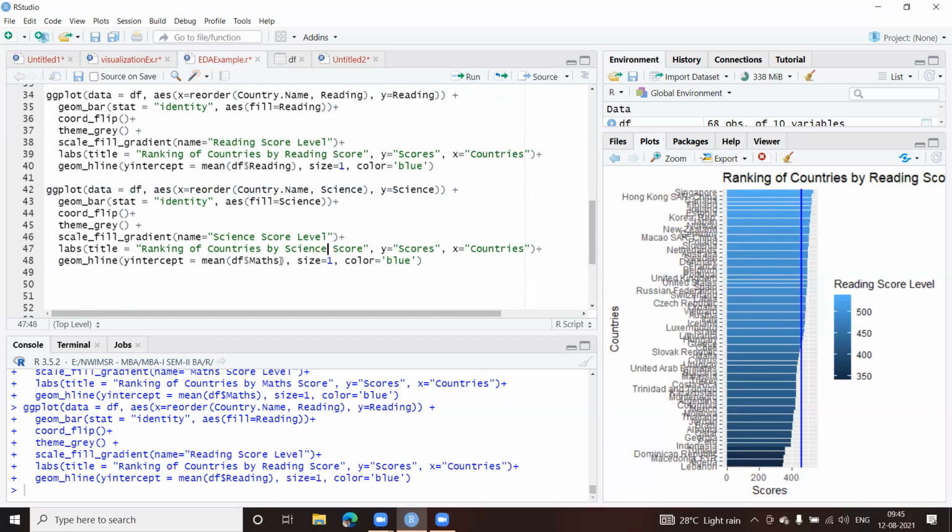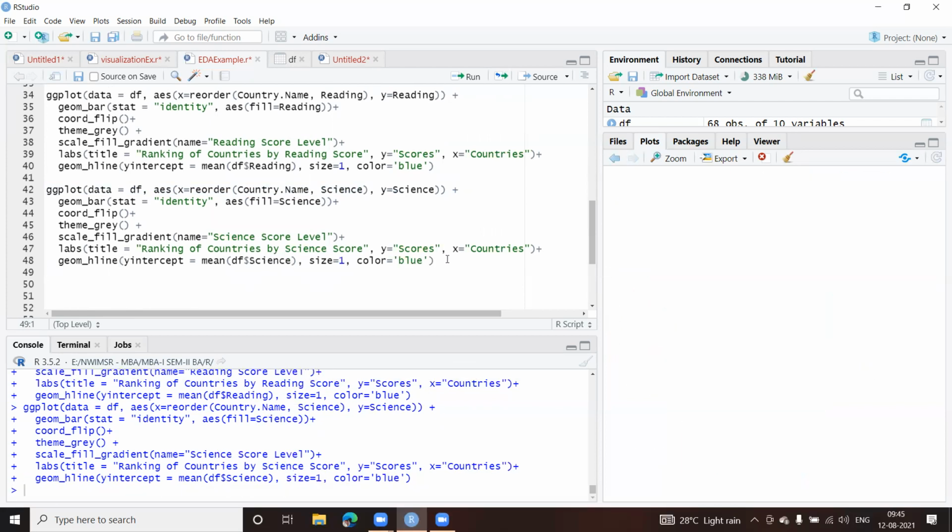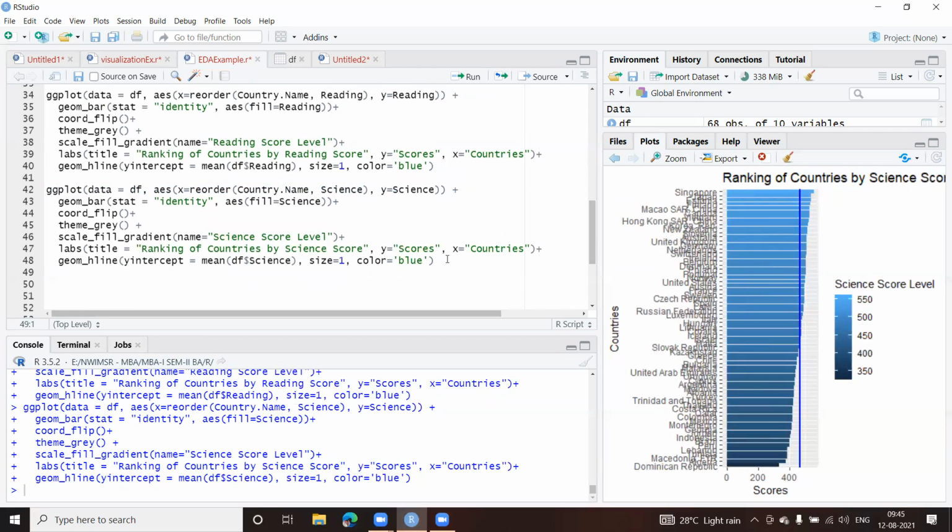Science. Fine, this is the other one. Okay, this is for science. Fine, so you'll find that Singapore is doing really well in all the three. Like this you can analyze your data.